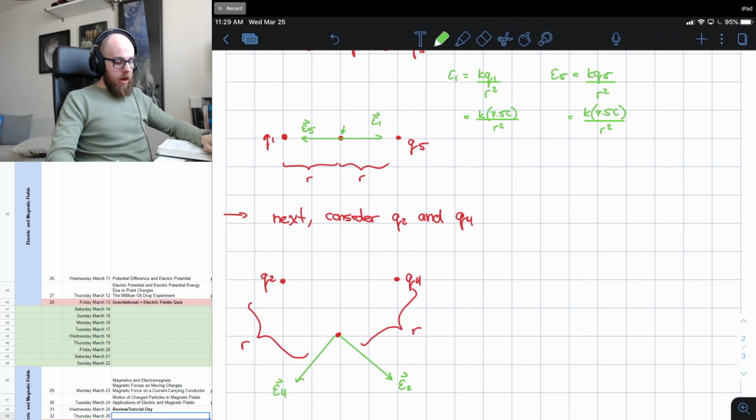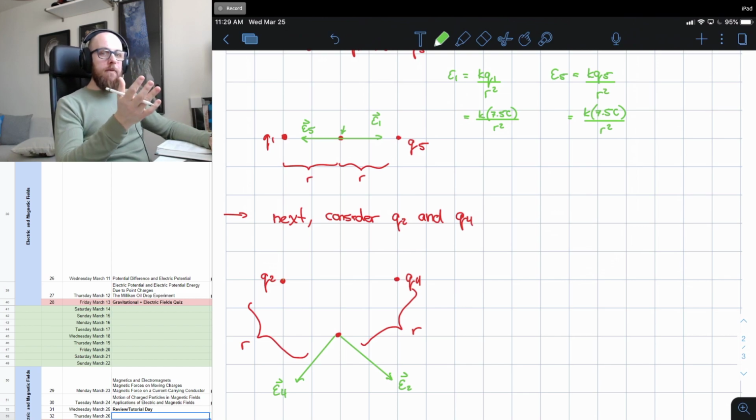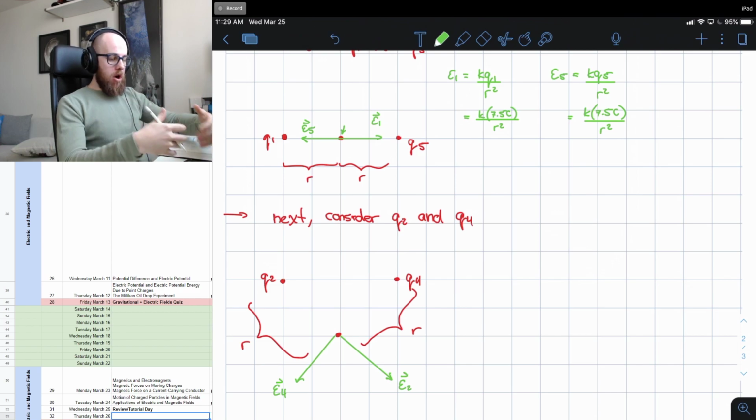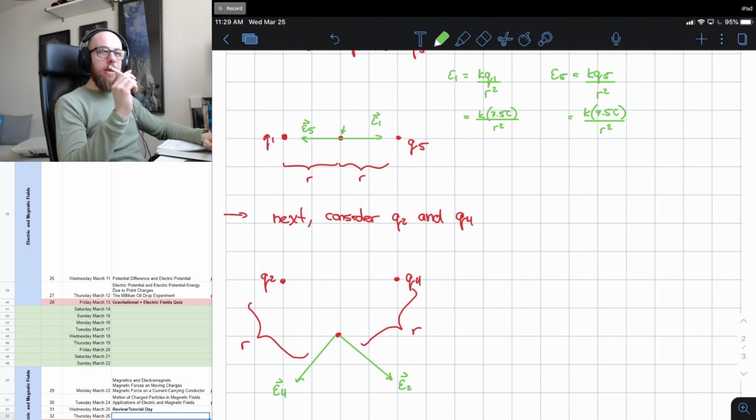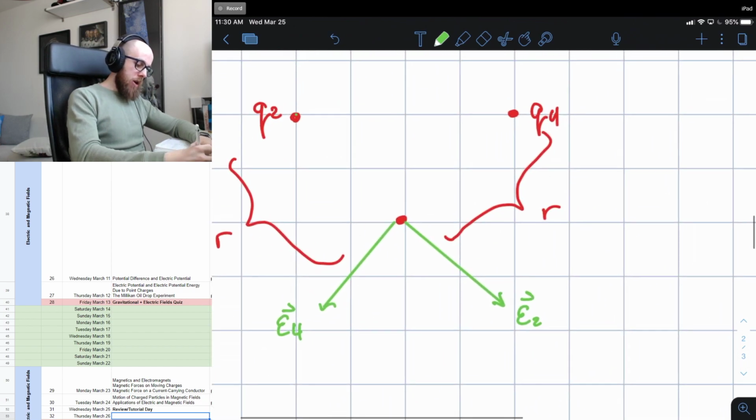Now in this scenario, it should be obvious that the electric fields are not going to perfectly cancel out. We saw a perfect cancellation between E1 and E5, but we're not going to get a cancellation here. These two vectors do not add to give us 0. However, they will cancel in the x direction. So this is where we have to consider components. If I break these two vectors up into components,